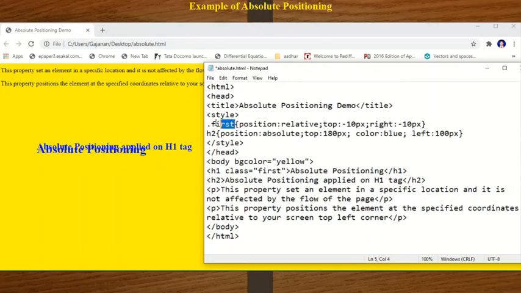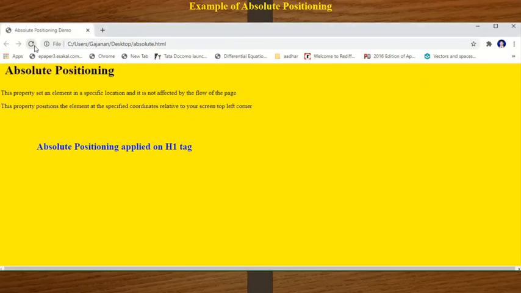This is the class type of selector, because dot is followed by the class name. Therefore I want to use it in h1, so I can write class equals your class name, that is first, and then save this document and see the output. That means you have to apply relative positioning as well as absolute positioning in one program. Clear?